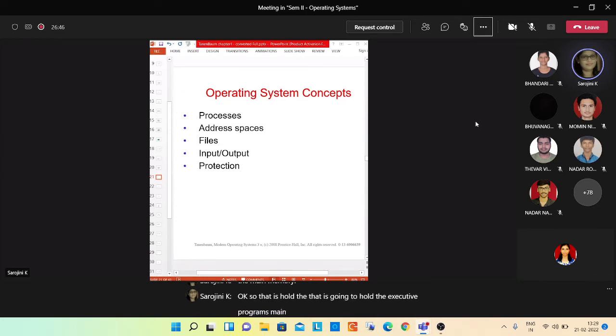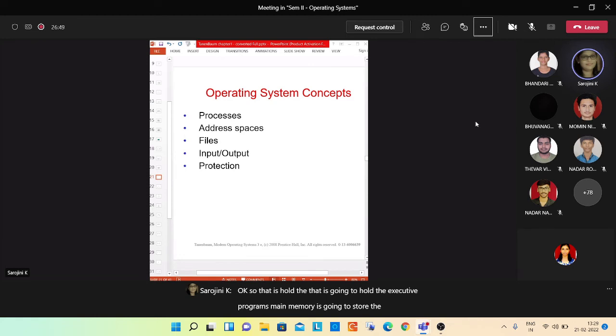Main memory is going to store the information about the processes on execution. In a very simple operating system, if you consider, only one program can be executed at a time. Assume that one program will utilize the entire memory space, so there is no need for memory management by the operating system here.